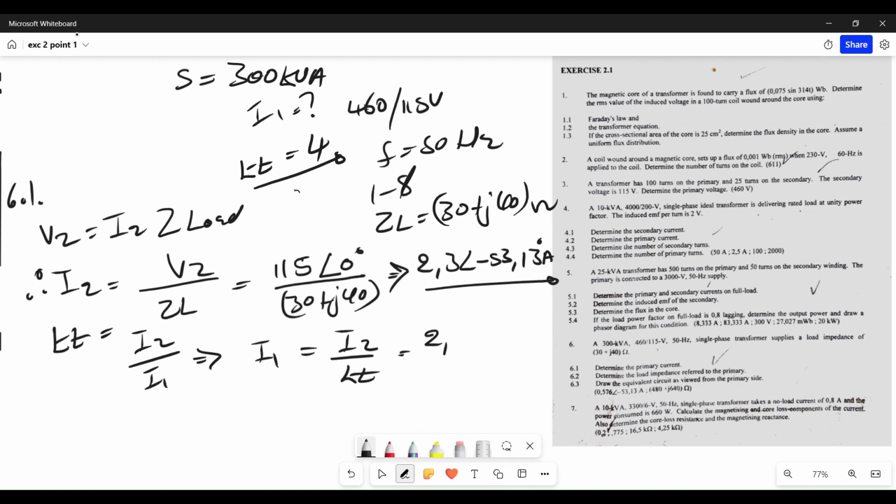So I get 2.3 angle minus 53.13 over 4. Therefore, I1 is equal to